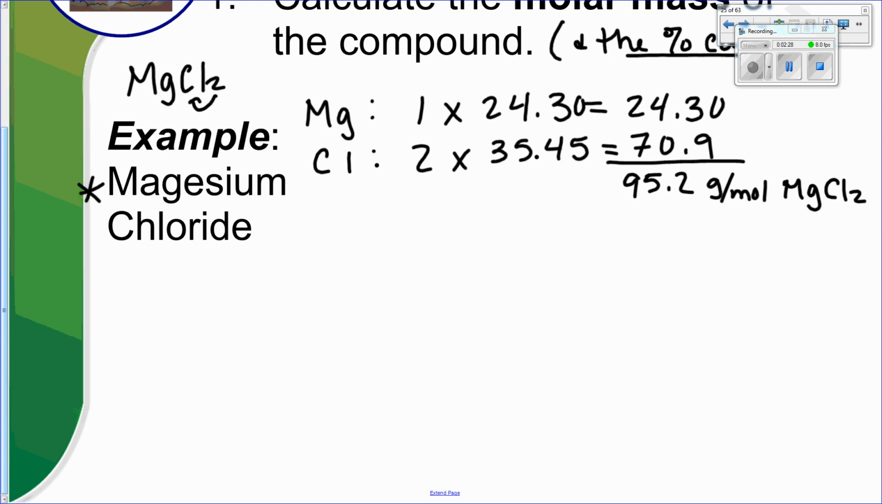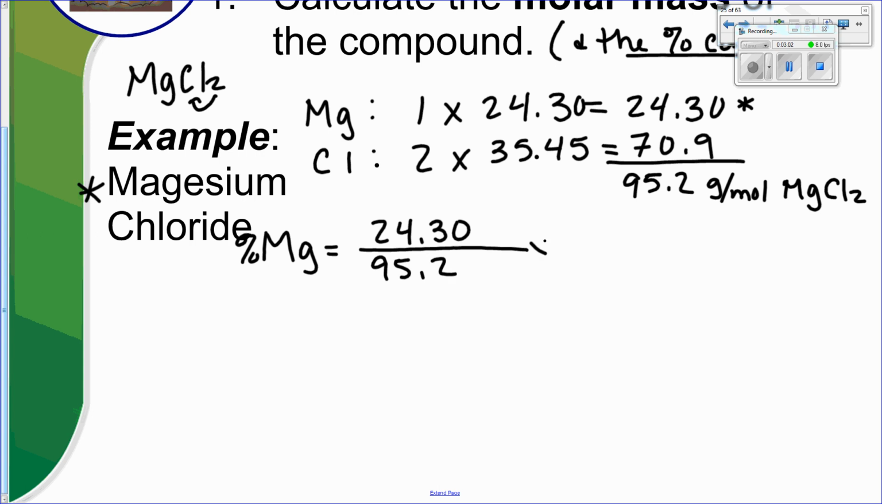Now we have everything we need to calculate the percent composition, and whenever you're calculating percent composition, unless it specifies, you're calculating it for every element in that compound. So you're going to have to do an equation for each individual element. Let's start with magnesium. The percent of magnesium is the mass of the element over the molar mass of the entire compound. In this case, the mass of magnesium is 24.30 and the mass of the entire compound is 95.2. And of course, you times it by 100. And when you work that out, you get